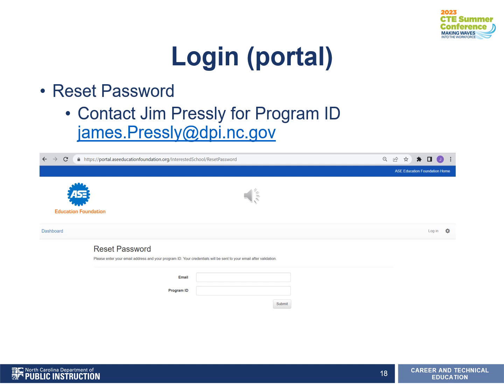I'll update the contact information. And so this is for new administrators, new instructors, or established people who haven't been into the portal before. Email, program ID. If you need your program ID, email me and I will send it your way. And if you have any troubles getting in, shoot me an email and we'll see why and go from there.